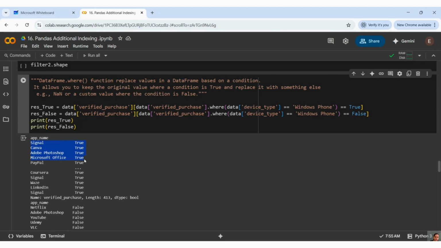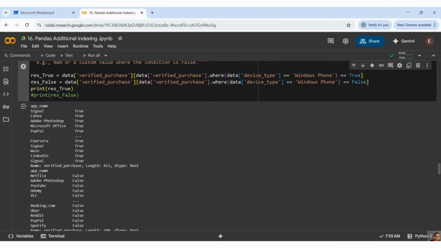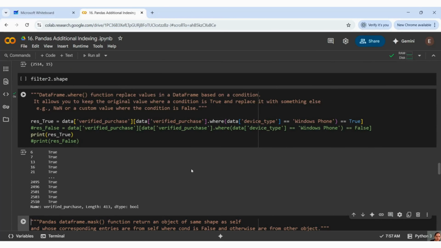Okay, so those are true, right? Now let me comment this out and show you the exact thing. Here, length is 413, that means only 413 rows I'm able to get, and these are your indexes, right? Now I want to know the complete data. How can I get it?